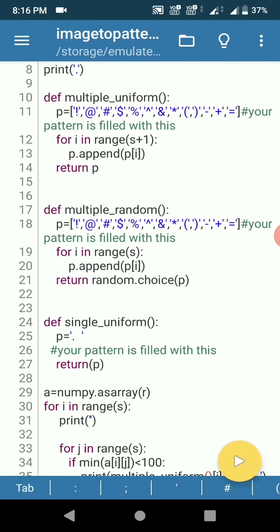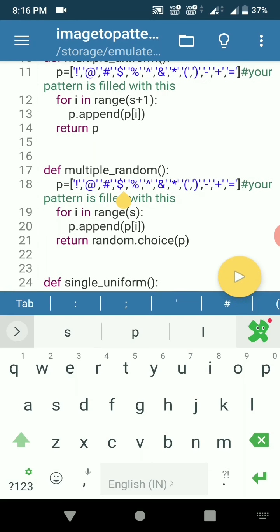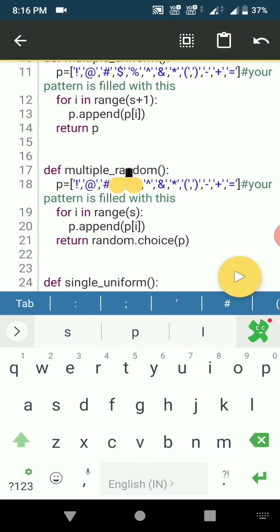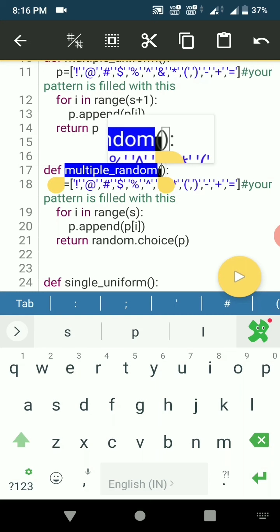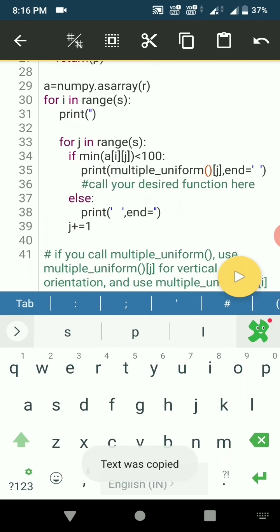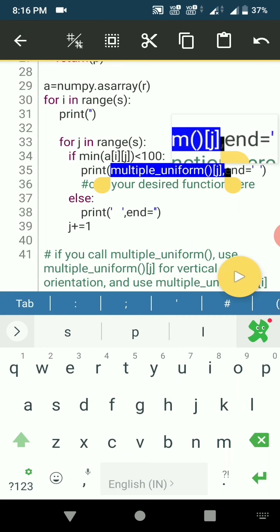Then multiple random. This consists of symbols in the list in random order. Every time you run the program, your output will be different. I am going to execute a multiple random. Multiple random does not consist of I and J or anything, because it has only one pattern, a random pattern. I copy this and paste this here.